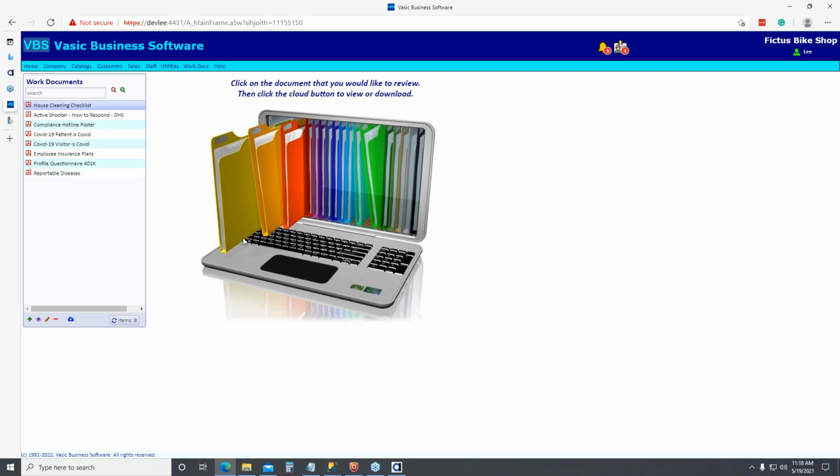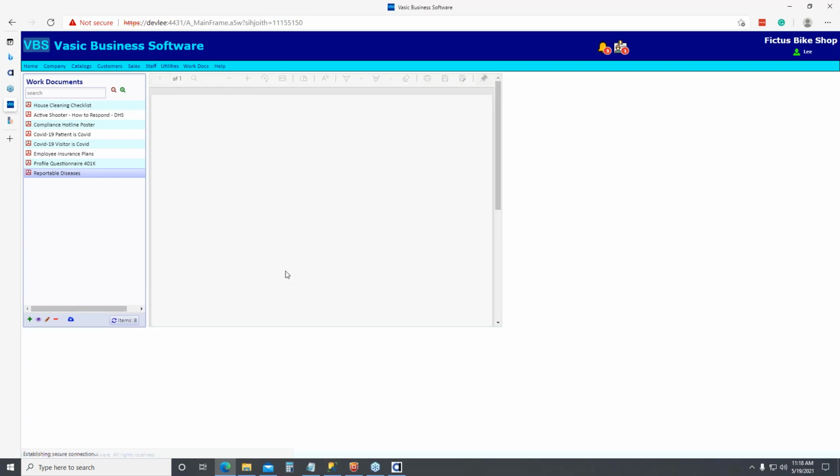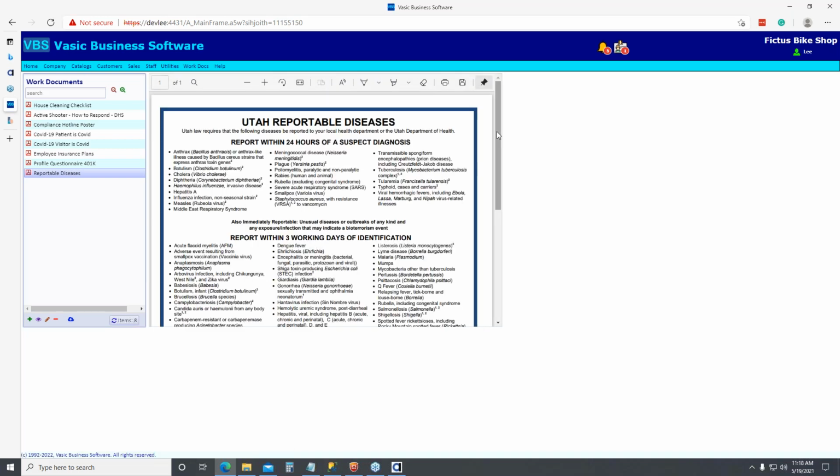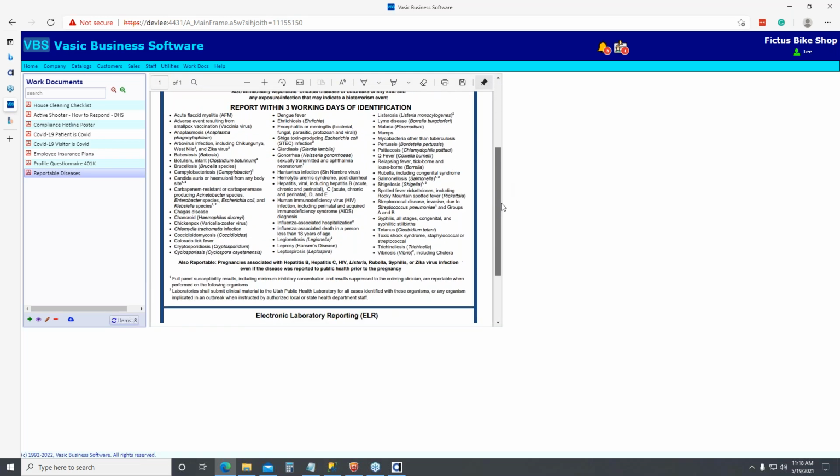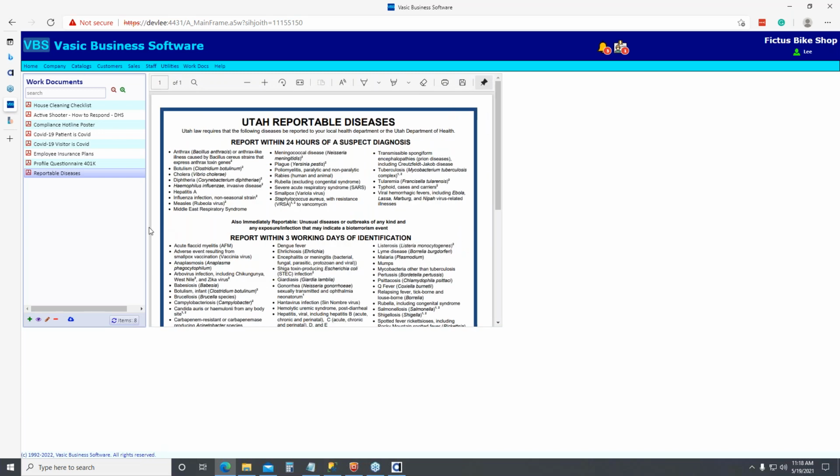And then usually I have three of these in the system. I have one for the employees' documents, I have one for the company documents like contracts and those kinds of things. And then I have one here for the general work docs. For example, if we wanted to see what the reportable diseases are that we're supposed to report if our employees get them, here's Utah reportable diseases. And so we just keep all these documents here because it's so easy to get them and maintain them and